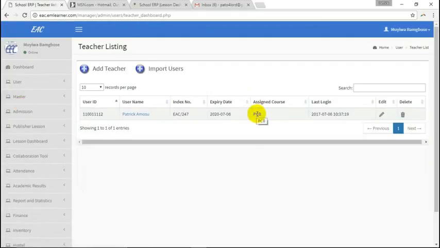See that? This is enabled now. But that doesn't mean he's teaching all this. He's teaching only one. Okay? Alright. So what do we do next? We have to create content and see how the student...